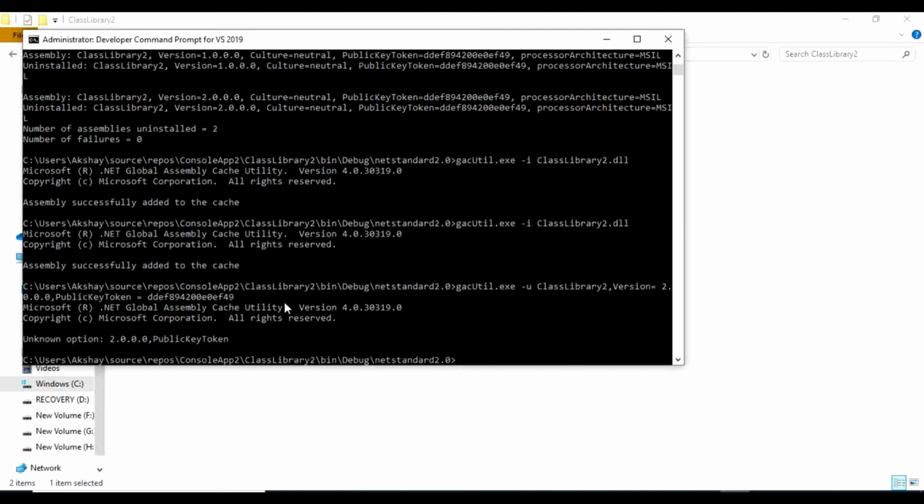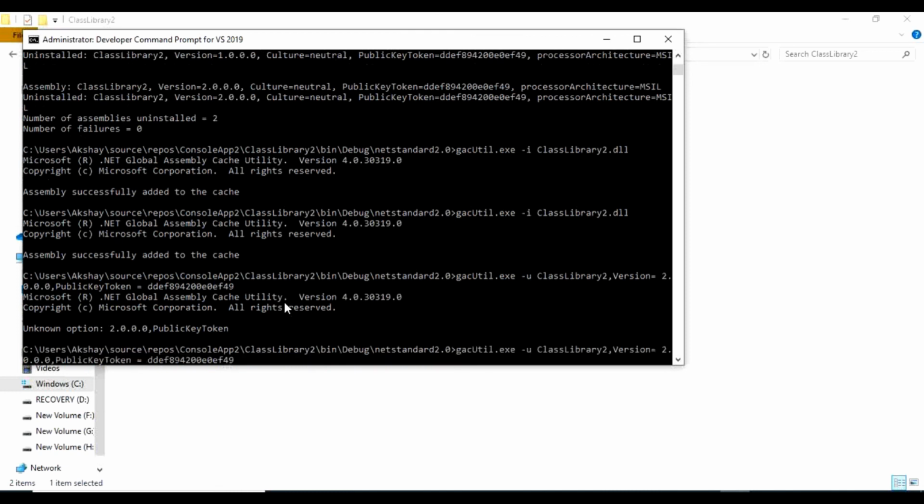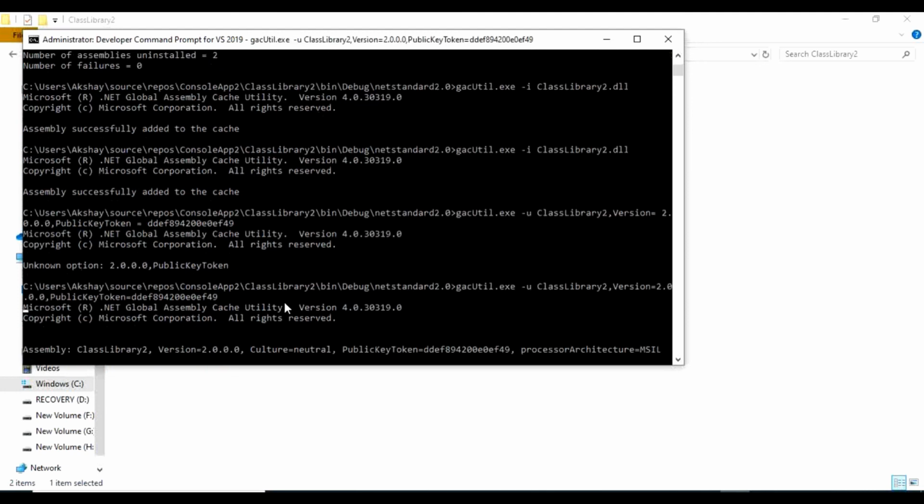Now this throws an error, unknown option. Why is it treating that 2.0.0.0 as an option? I also have to tell you that when you specify this version number and public key token, you cannot give spaces. So I will remove that space from here. You don't need to give a space after the comma also. So I will enter now,